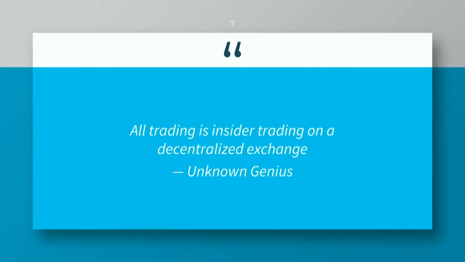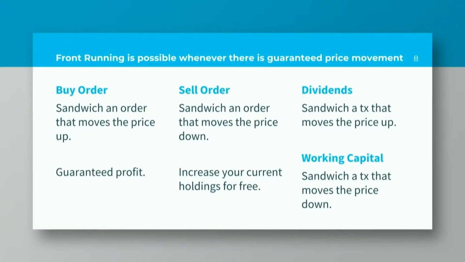And with on-chain exchanges, basically all trading is insider trading because of this. When you have a public ledger and you can see all of these transactions in the mempool, you really open yourself up. There are a few methods for trying to remedy it. None of them are 100% successful. But again, to go over what front running is about,